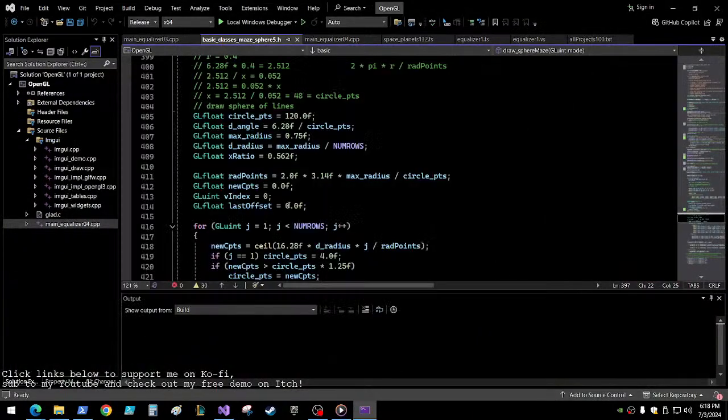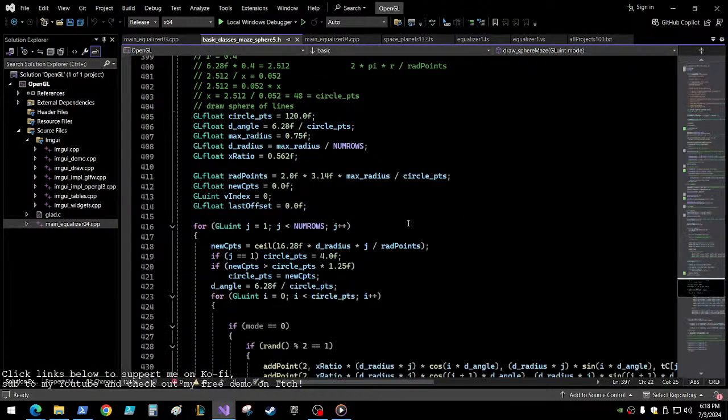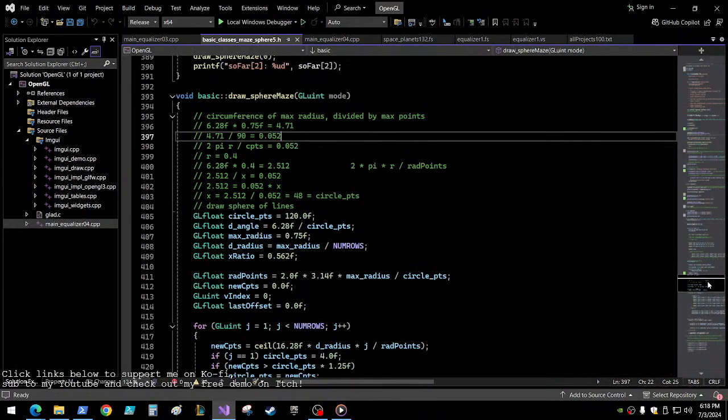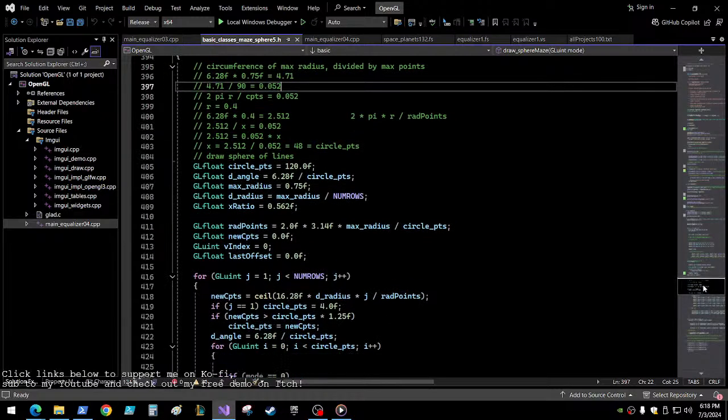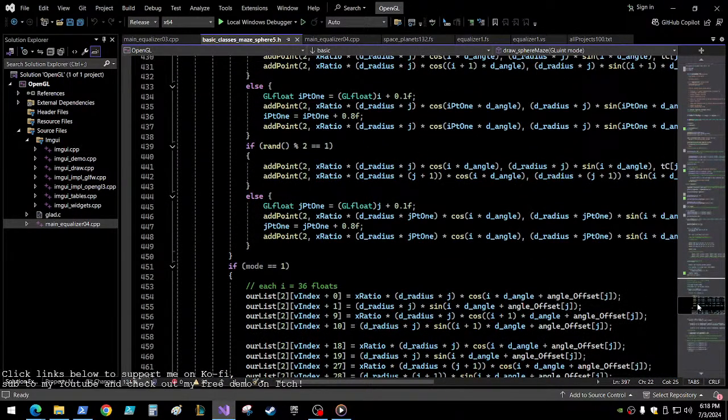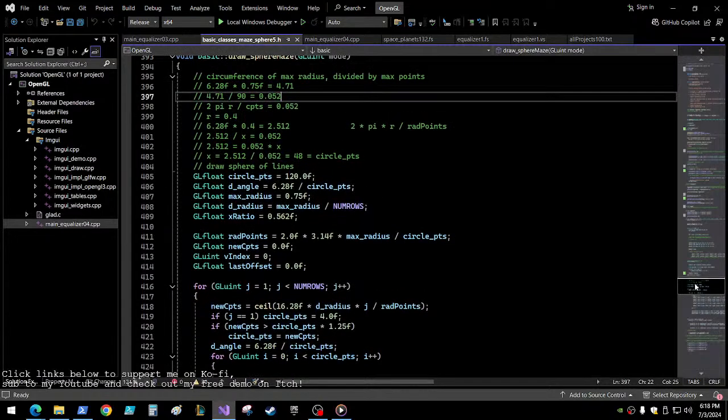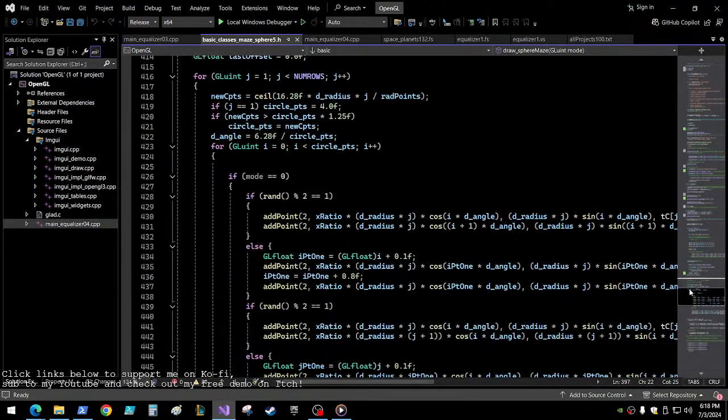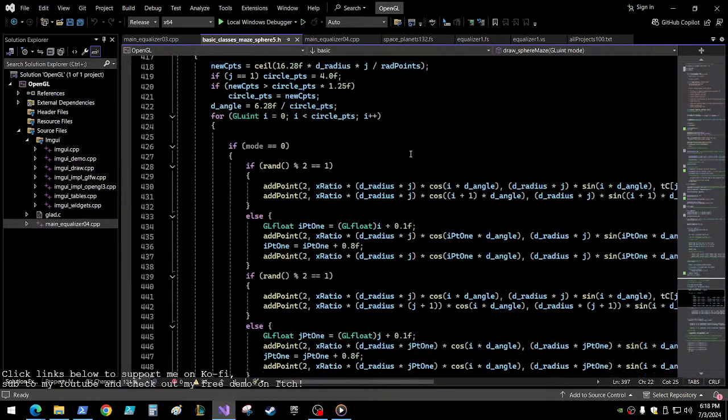Alright, so let's see here. So how do we... I remember being able to do that. See, add point. Draw sphere maze. Okay, so it's all in here. D radius, radius points, circle points. Oh, and then I do all the math right here. D angle, circle points, circle points. Okay,